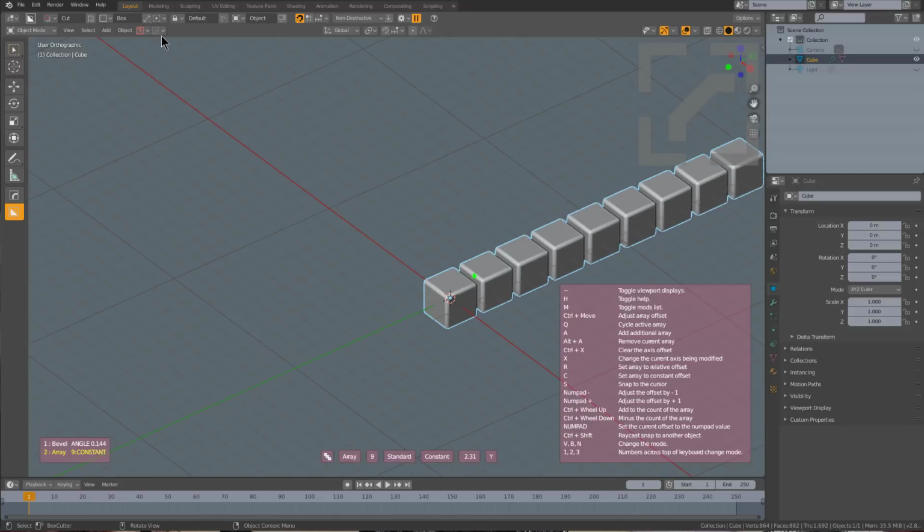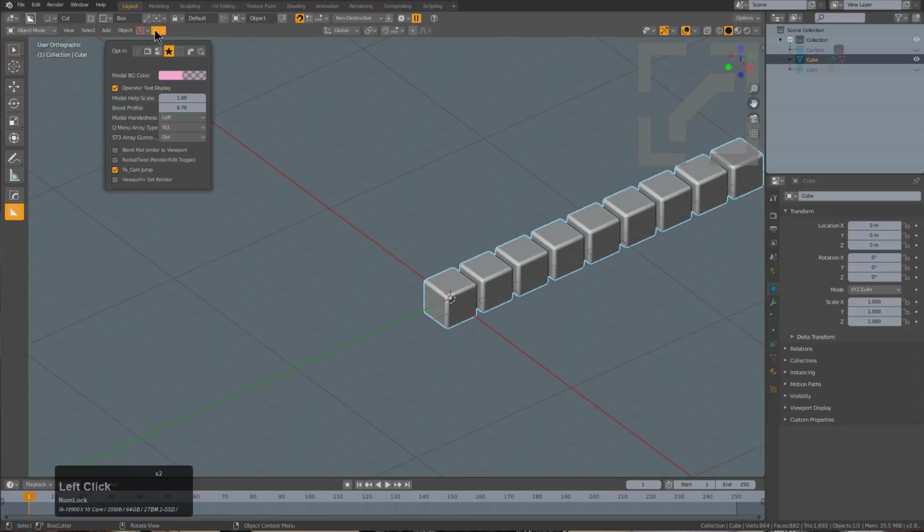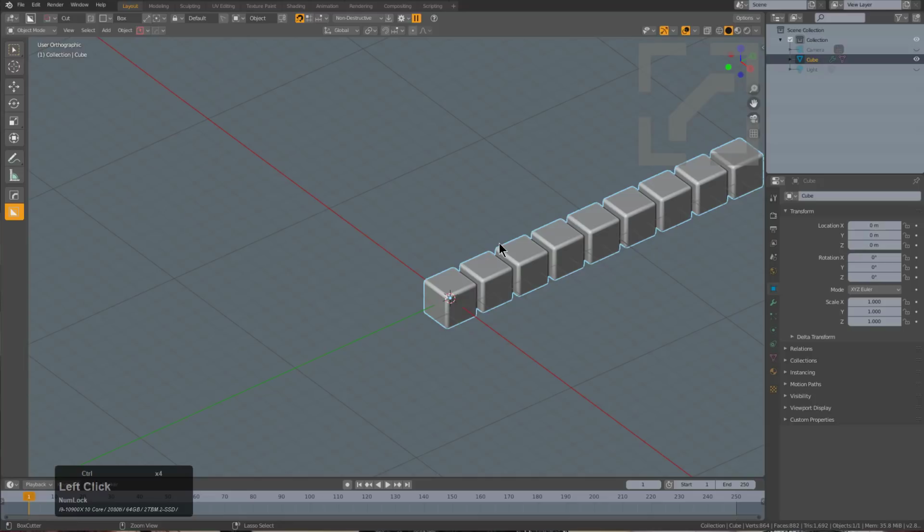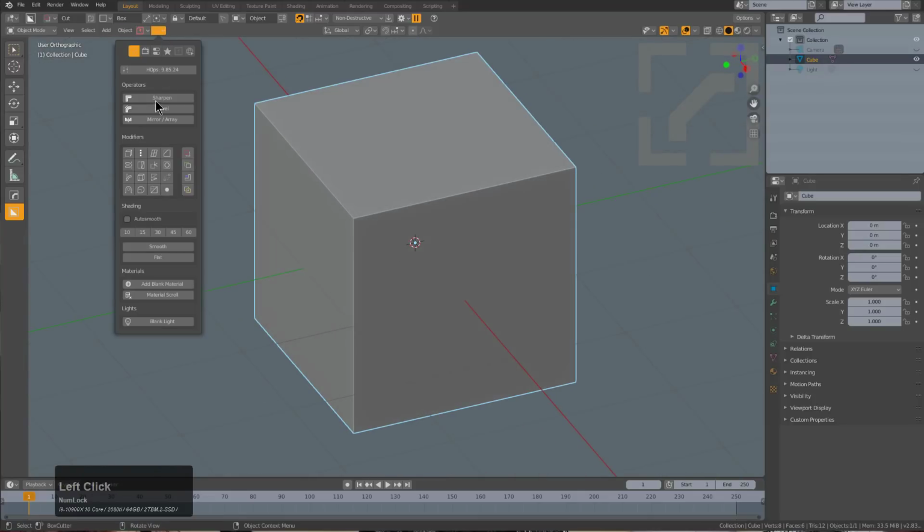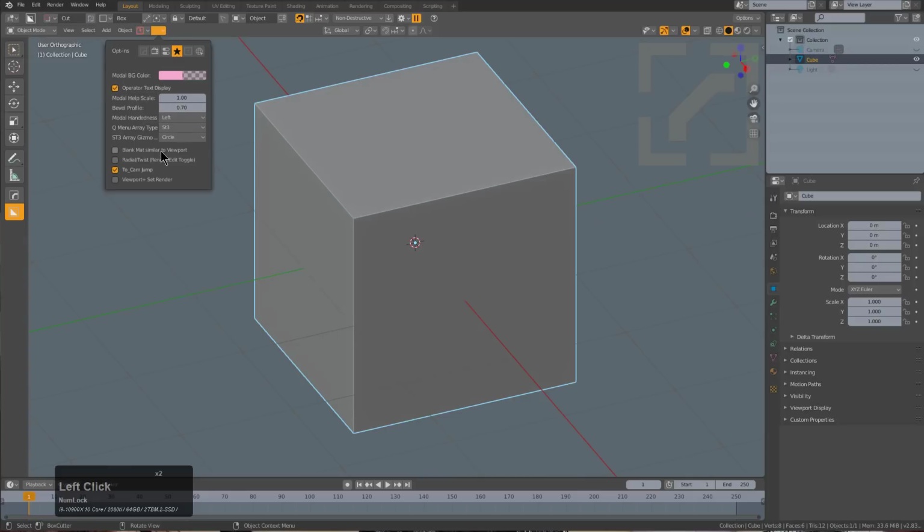However, we do plan on making some improvements in regards to the ST3 array system. However, I still opt to use ST3 and just keep it as circle. So I'll press Control N and make a new scene. And we've already talked about material scroll. So one of the changes that we discussed